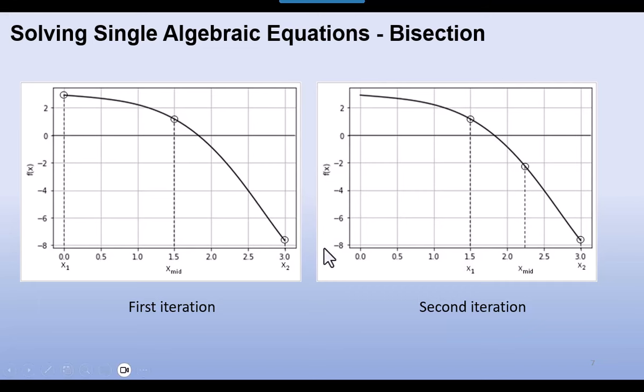But the idea of bisection is we pick an estimate on either side of the solution, and you can tell in monotonic functions that this is the case when the function evaluation for one of these initial estimates is positive and the function evaluation for the other estimate is negative. If they turn out to be both the same sign,